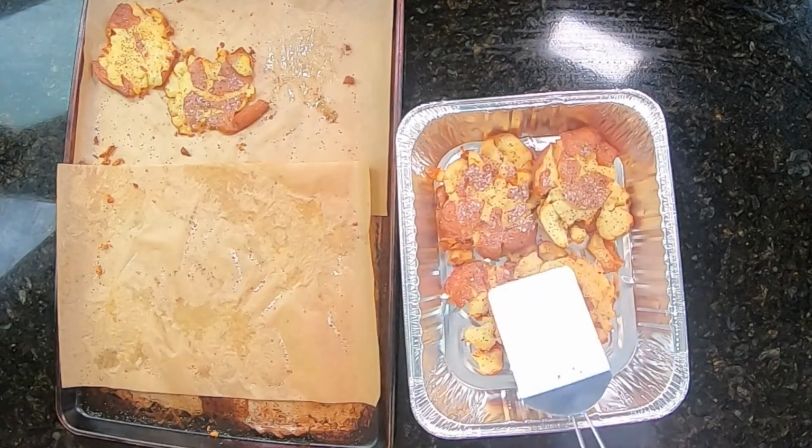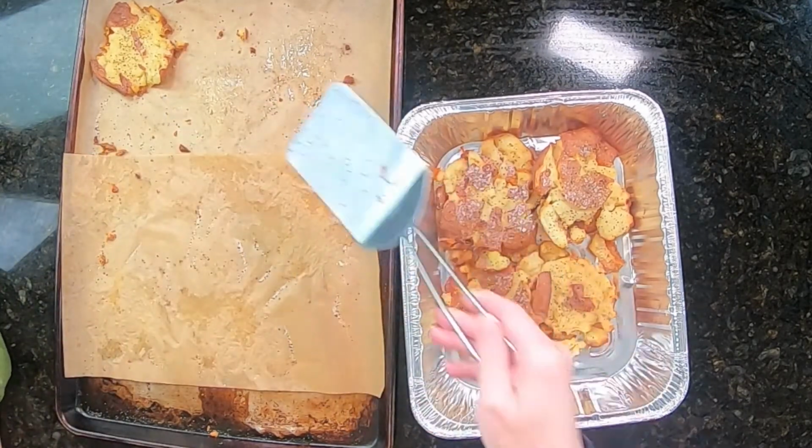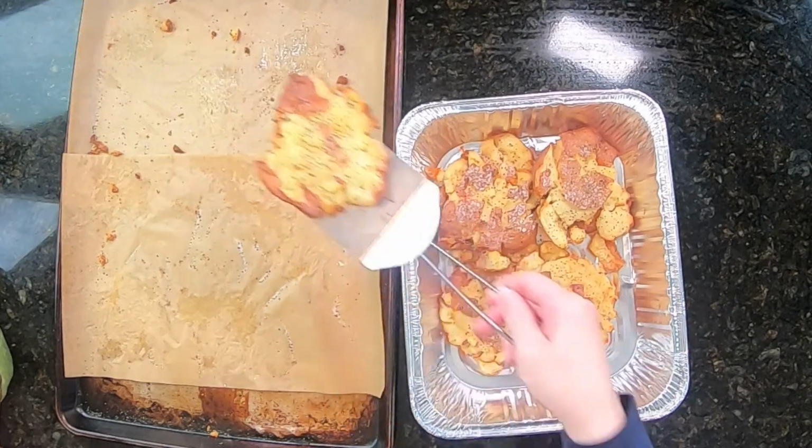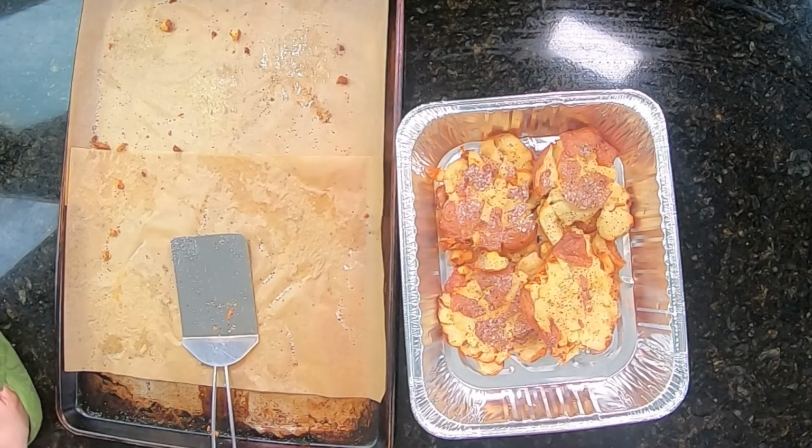And next I'm going to be making bacon wrapped cabbage. So we can get that ready for the oven here. But I'm going to go ahead and put tin foil on this, serve it up for dinner tonight, and we